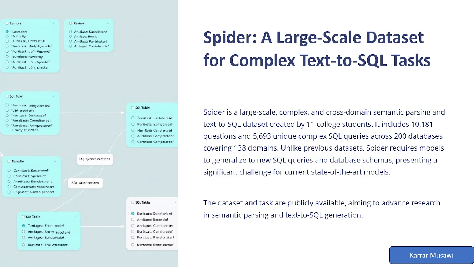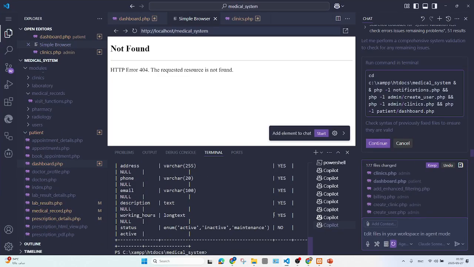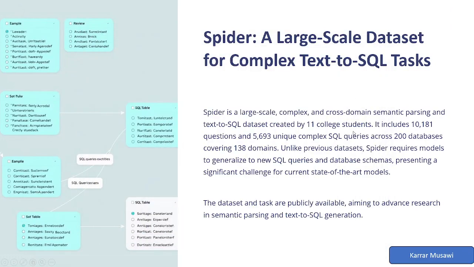Spider, a large-scale database for complex text-to-SQL tasks. Spider is a large-scale, complex and cross-domain semantic parsing and text-to-SQL dataset created by 11 college students. It includes